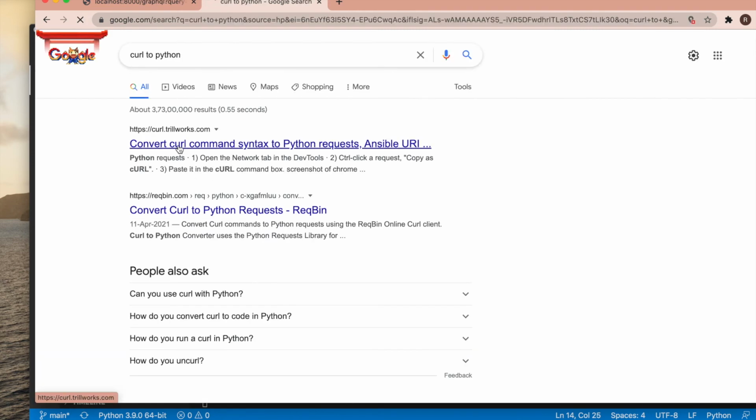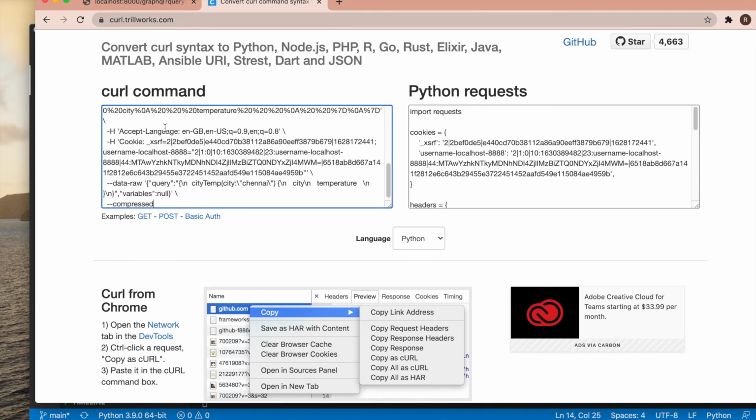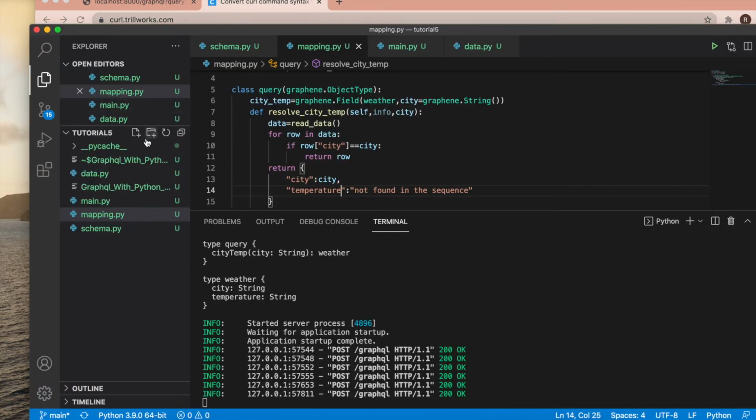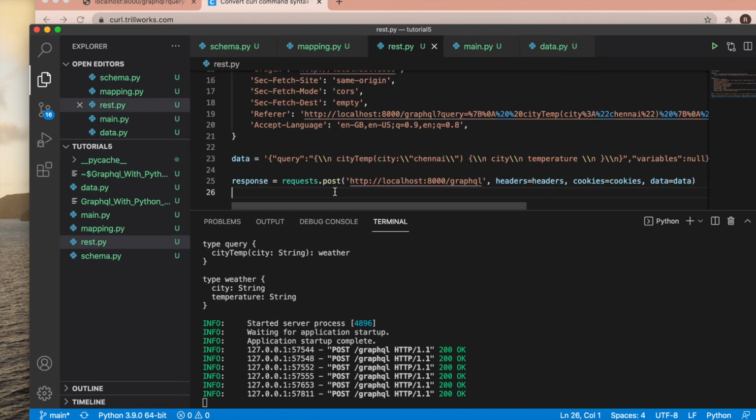First you will get curl.trillworks.com. Just paste your curl over here and you will get the Python equivalent. Now go ahead and create a new file, rest.py. In GraphQL, every request is always going to be a POST.